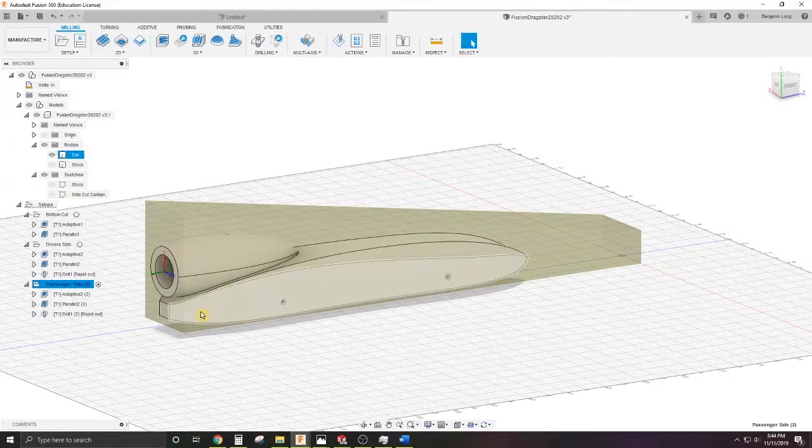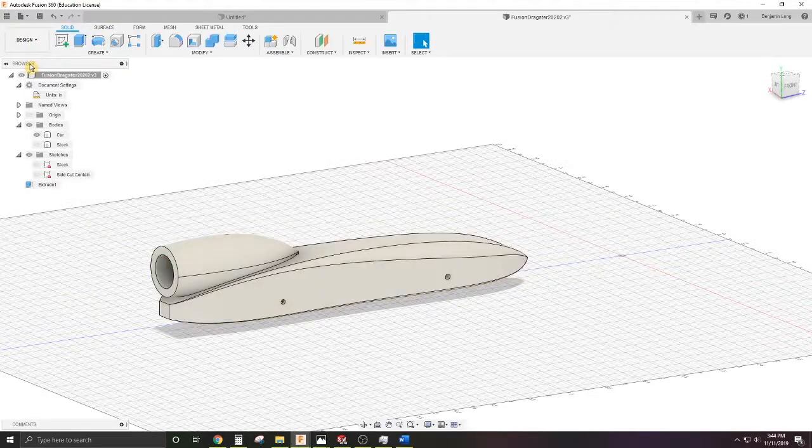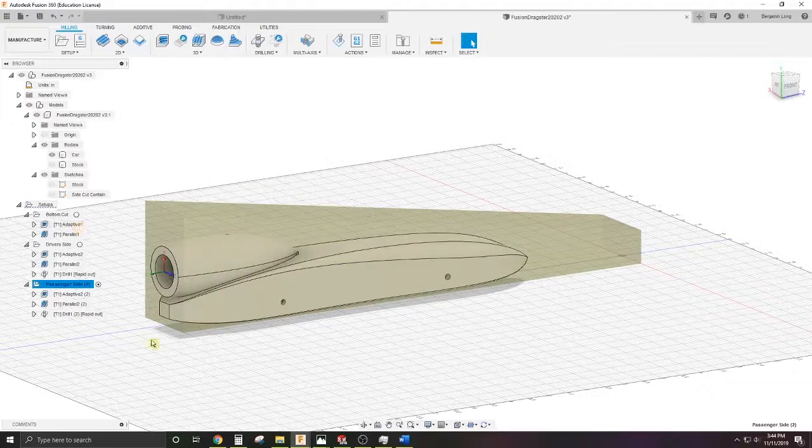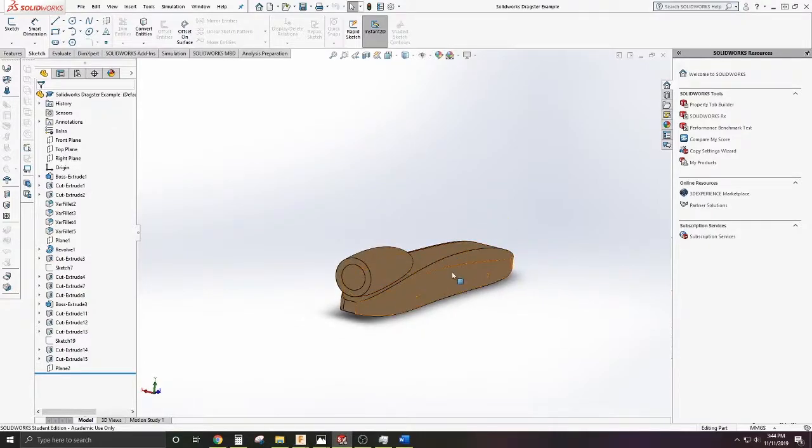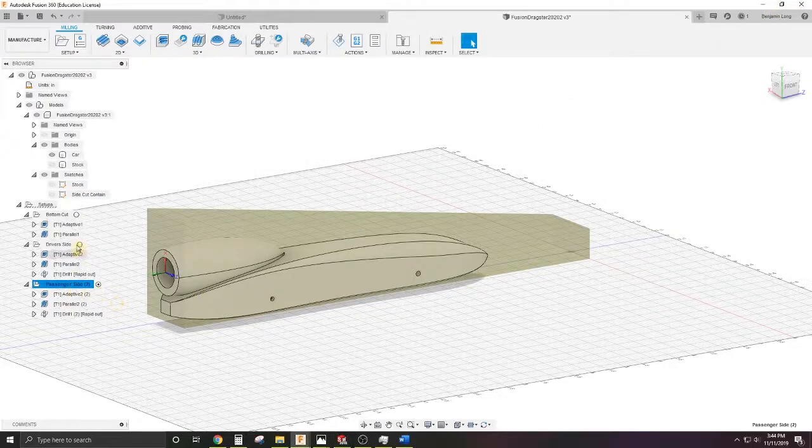Like I said, Fusion is very intuitive and very quick and easy to get going. If you modeled your dragster directly in Fusion, you could theoretically modify stuff here if it was available, like dimensions and measurements of your features, and they would update over here most of the time. But since this car came from SolidWorks, I would have to make the changes in SolidWorks and then bring the car into Fusion. But once all these settings have been set in Fusion itself, each car becomes easier and easier. Fusion's very intuitive and helps understand settings and keep presets to make things just